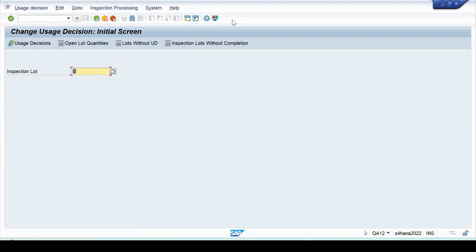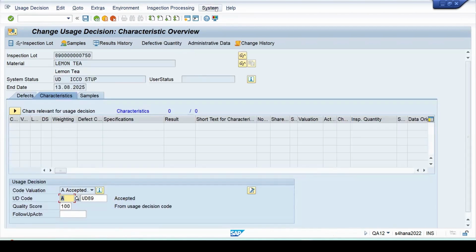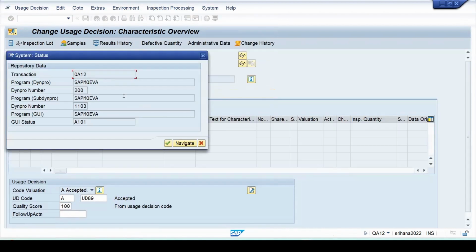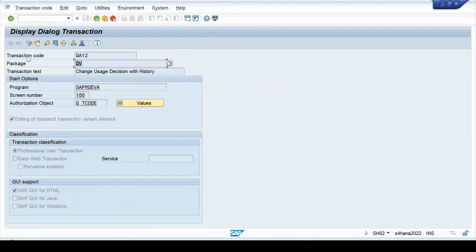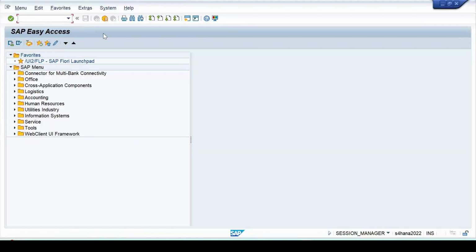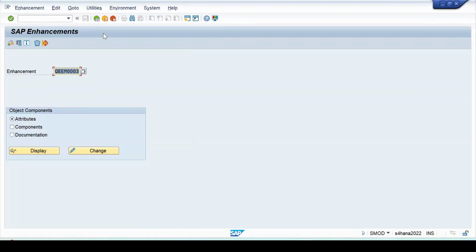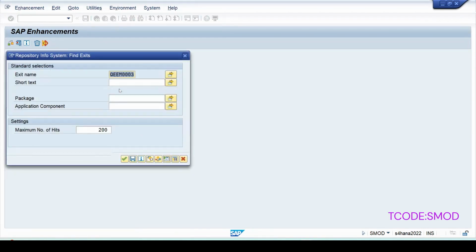QA12, enter some lot, press the Enter key, and in the system status, it is QB. There is no transaction which can be used for user exits. So SMOD, to find the enhancements for UD.